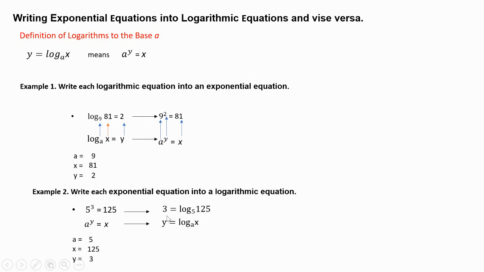A lot of students get confused because they say, well, can it be done the other way, like log base 5 of 125 equals 3? Sure, it can. You see, these two are equal, so it doesn't matter how you write it. Both answers are correct. They're the same answers. Okay, now,